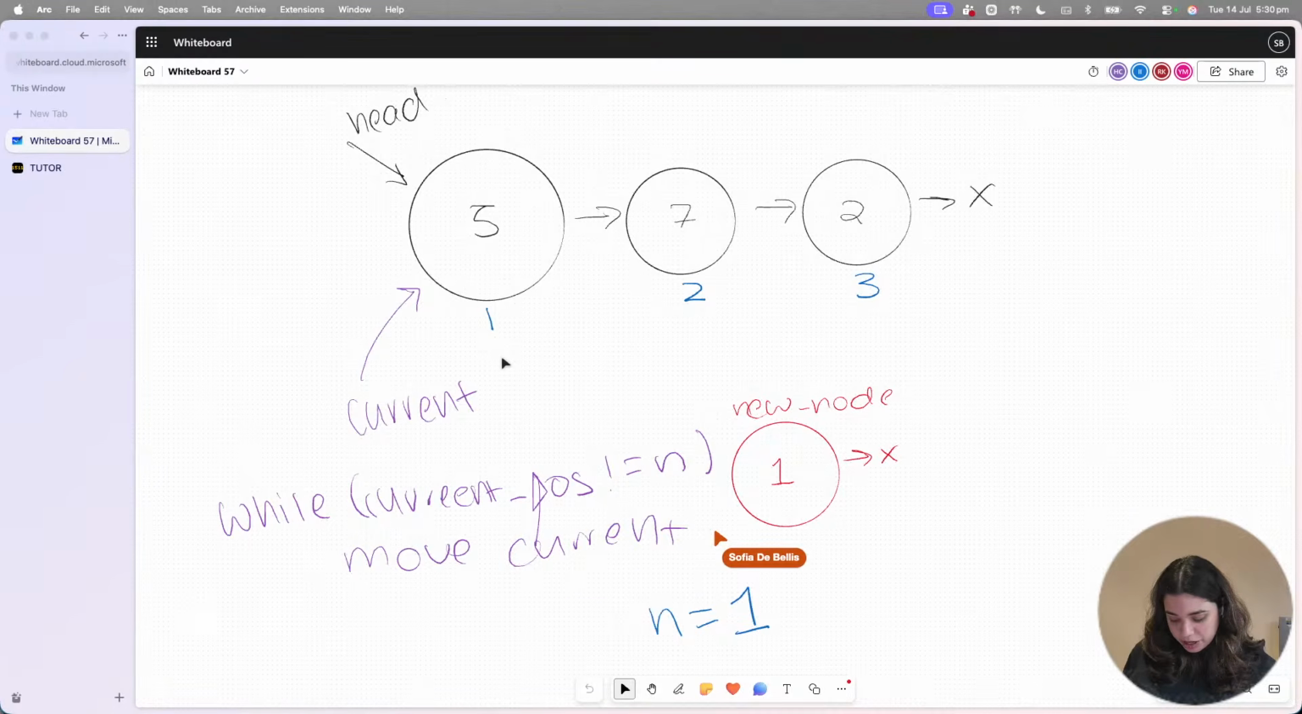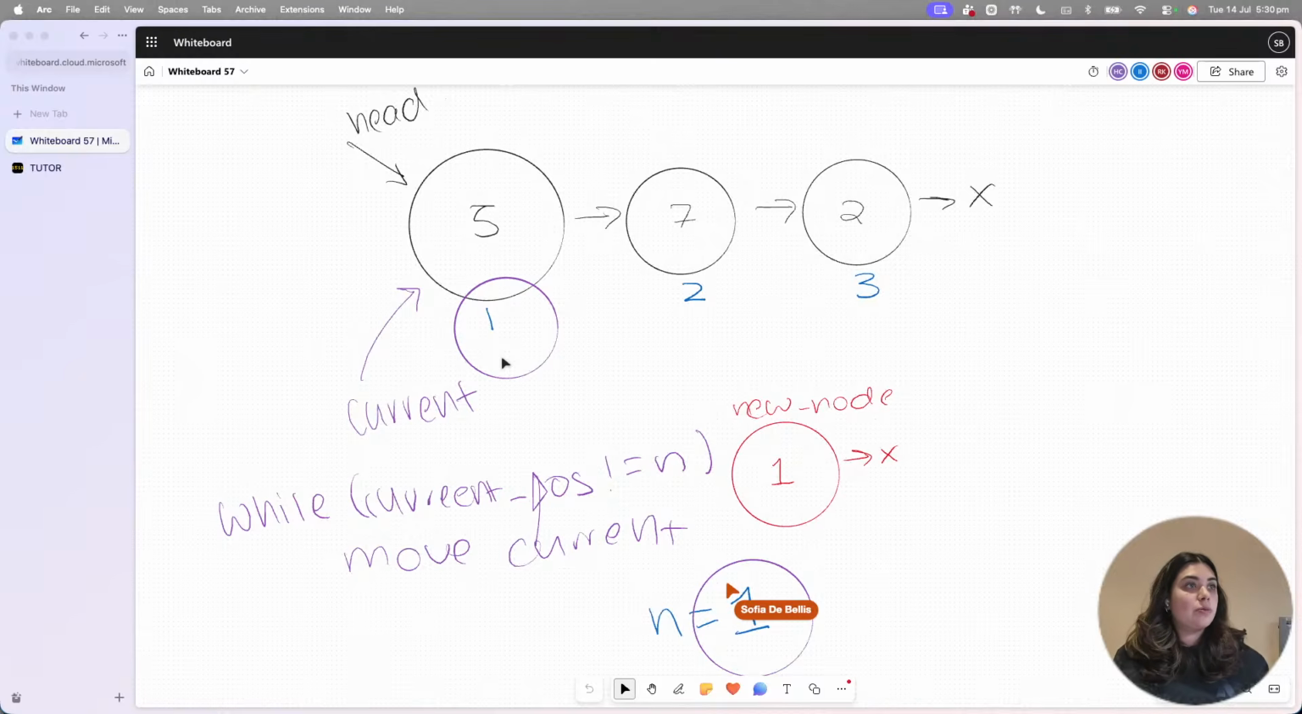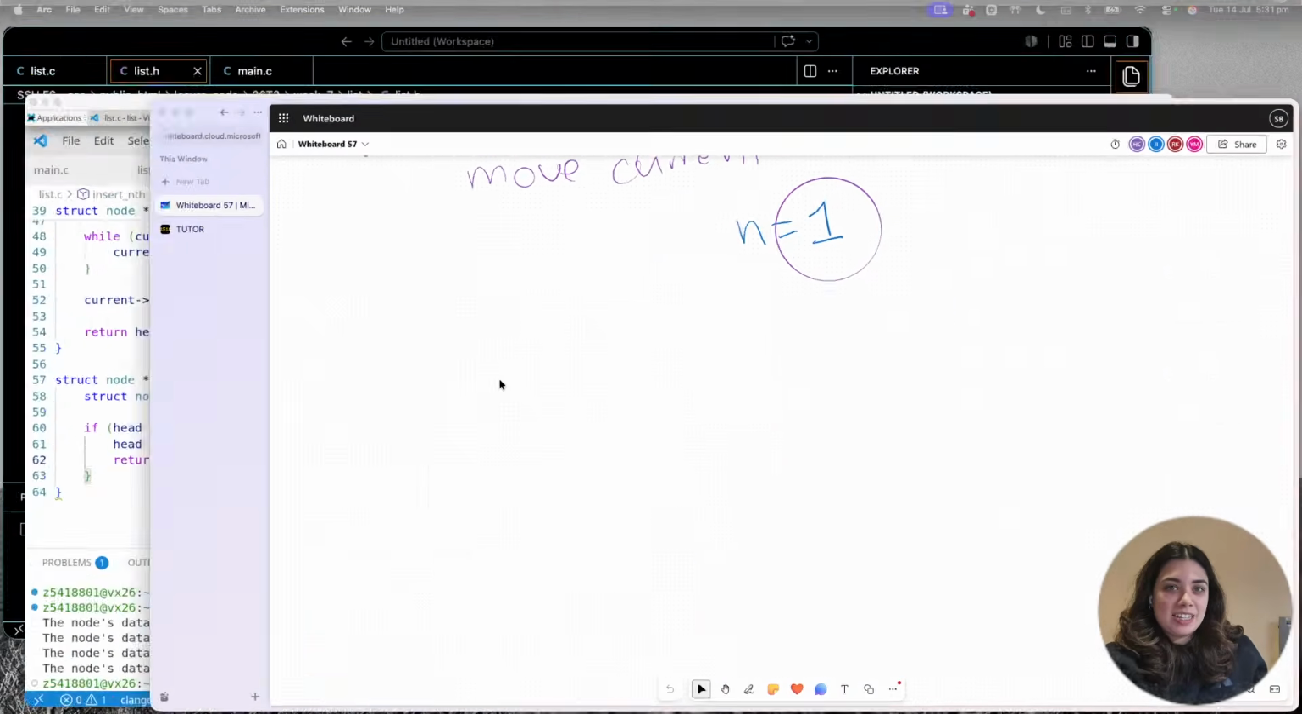Because at the point where current and the position equals n, that's when we know that this node that we're currently at is the one we want to insert after. So we want our current next to be tracking the pointer that we want to update. It's a little bit confusing. Let's start writing some code and then we can draw out our code line by line as we go. And hopefully it makes a little bit more sense. So